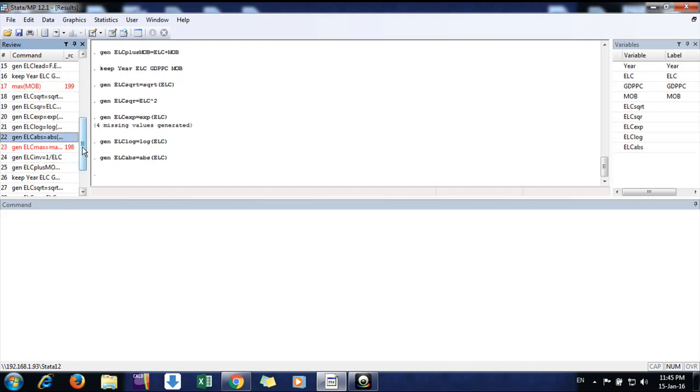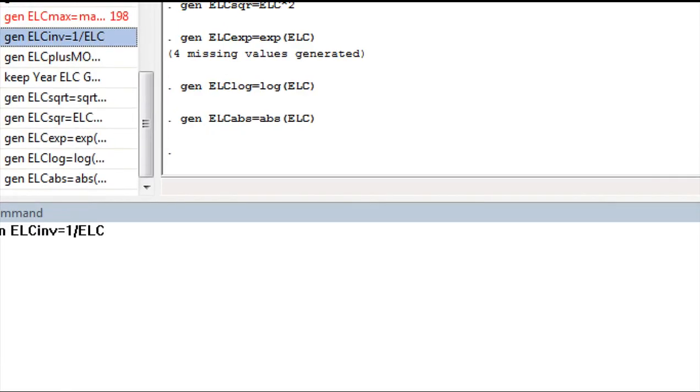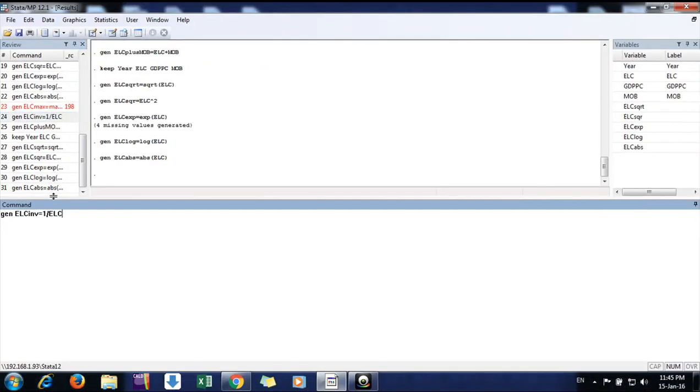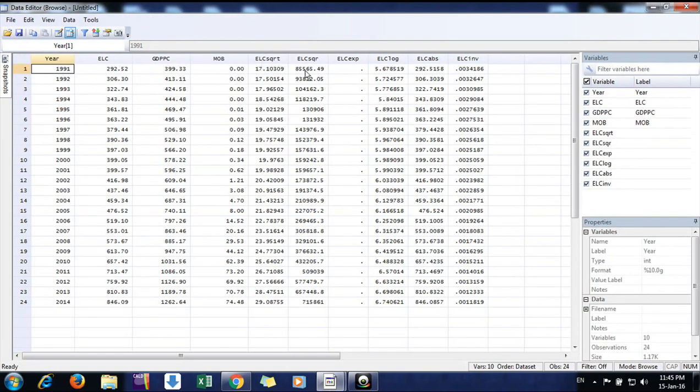And simply suppose you want to take the inverse of that, you can simply divide 1 by the variable. So this is the way, 1 by elc, enter. So simply generate a new variable elc inverse, which is 1 by variable name, enter. So this is the way we can generate all the variables we want: square root, square, exponential, electricity. Because exponential is a very big value, that's why it's not showing it here. Then elc log, log values, absolute values, elc inverse values,